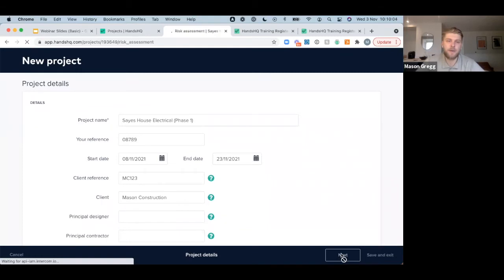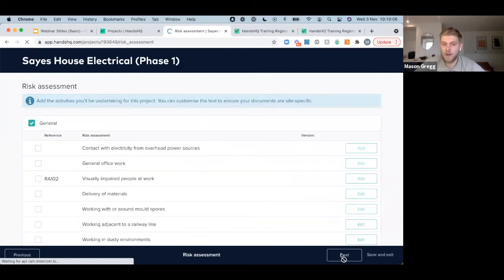And this is where we come through to our risk assessment library. Now, essentially, you'll have access to this full library. This library is broken down into a bunch of different tasks across a fair few different industries. So anyone will get access to this when you sign up to HandsHQ. But for our much larger customers, where work is very bespoke, we can actually pull over your own content into the HandsHQ system. So that will allow that library to be very specific to the work that you do.